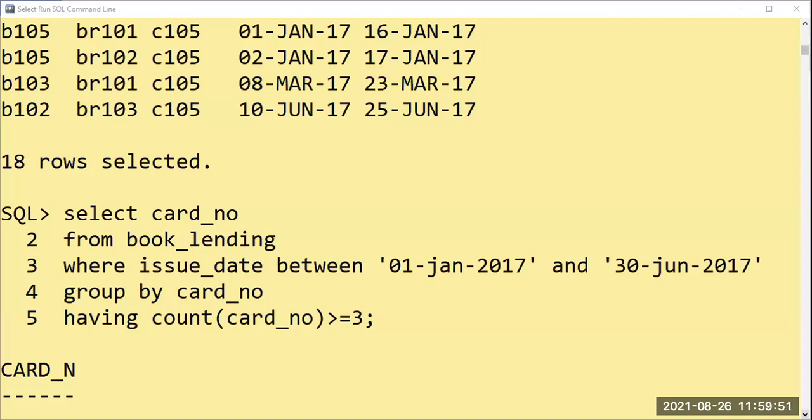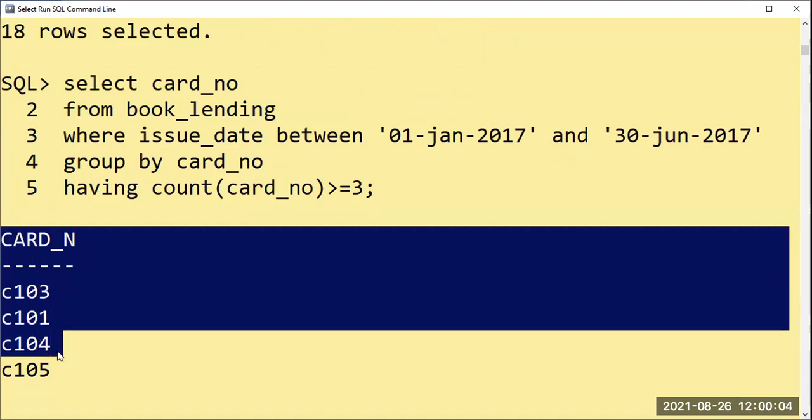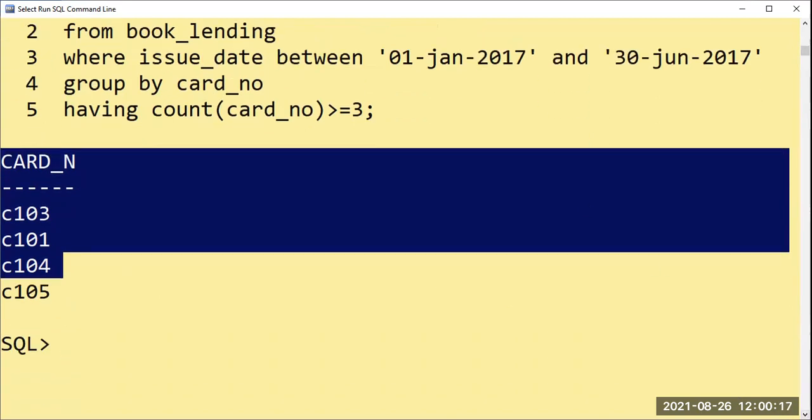For this query, to get the details of the borrower who has borrowed more than 3 books between January 2017 and June 2017, the output will be card numbers C103, C101, C104, C105. Apart from those, card number C102 borrowed 3 books, but the condition is not satisfied. So let us move to the next query.